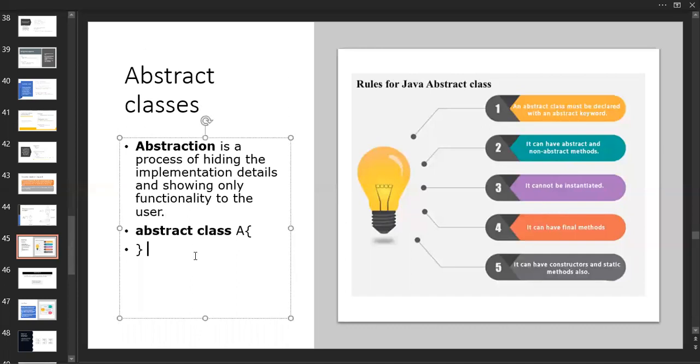How are you going to declare an abstract class? The keyword abstract, then the keyword class, and here the name of the abstract class. This name is just a mention here; it is user defined, you can take your own. The abstract keyword should be there. If you remove it, only class will be there, and we already know about classes. If you mention the abstract keyword before the class, we call it an abstract class.